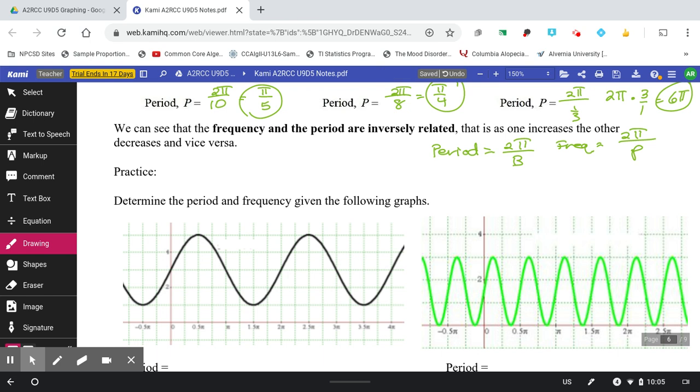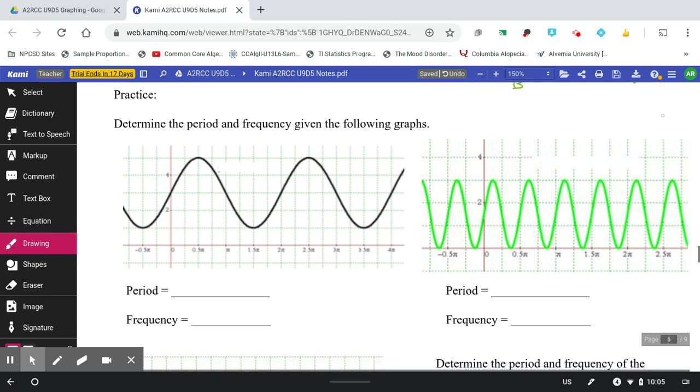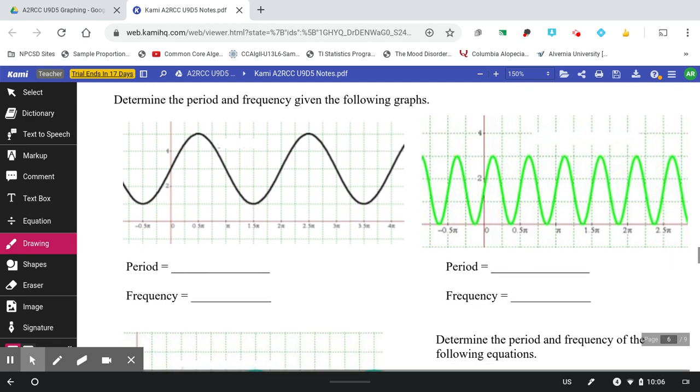Sometimes when you look at a graph, it's easier to find the period, and sometimes it's easier to find the frequency. Okay, so I'm going to have you go ahead and do this practice and see how you do. All right, I'm just going to look a little bit though. Notice that the first thing you always want to do is draw the midline. So I'm just going to start you off here, and the midline is halfway between the maximum and the minimum,